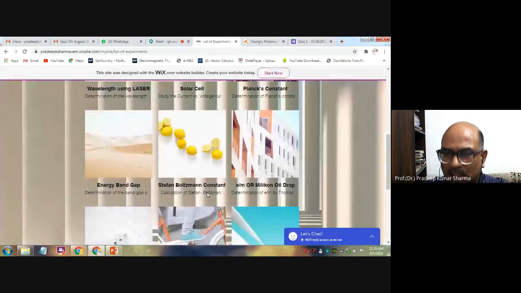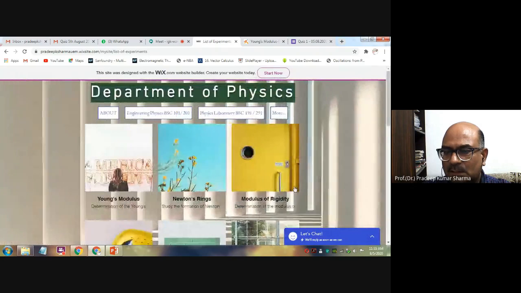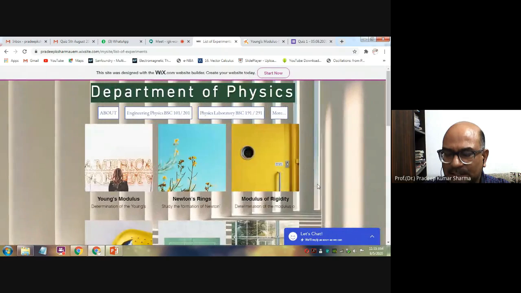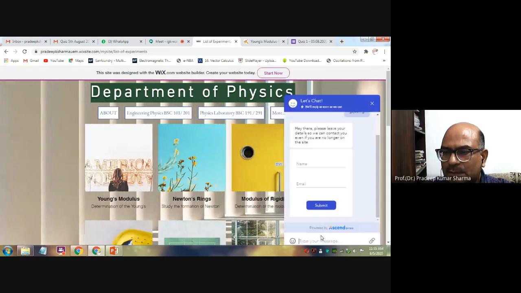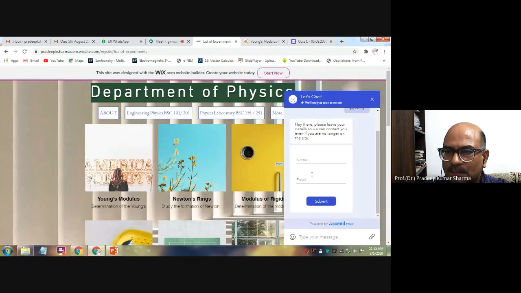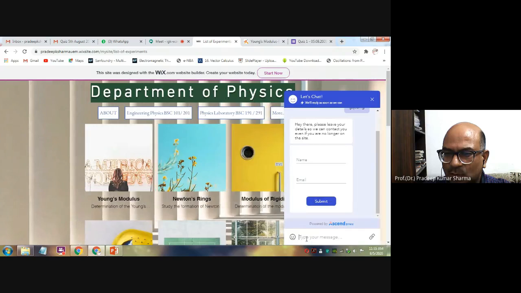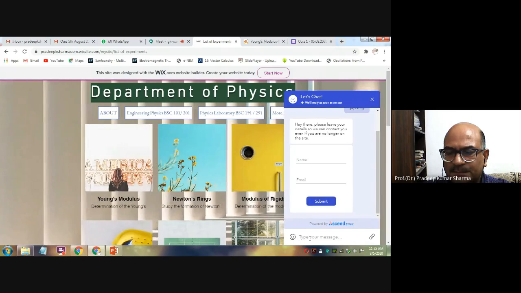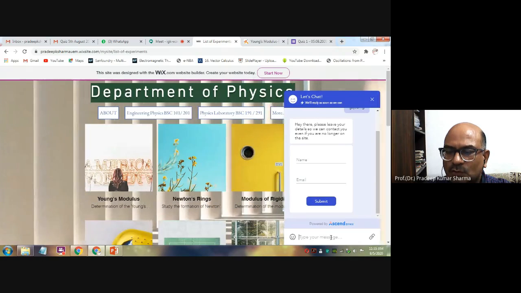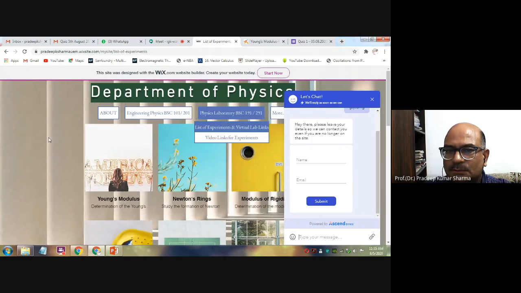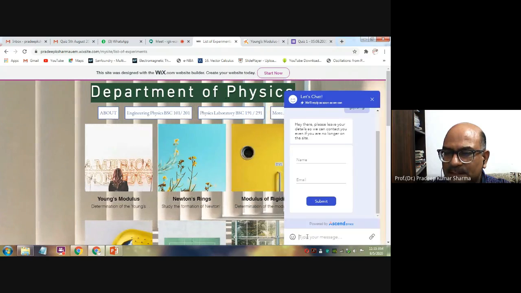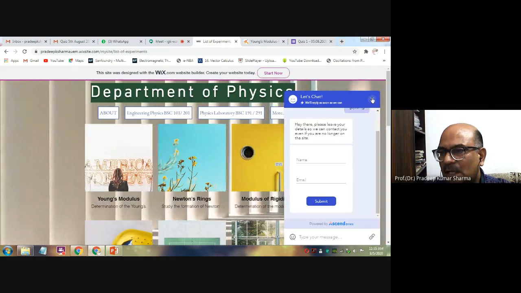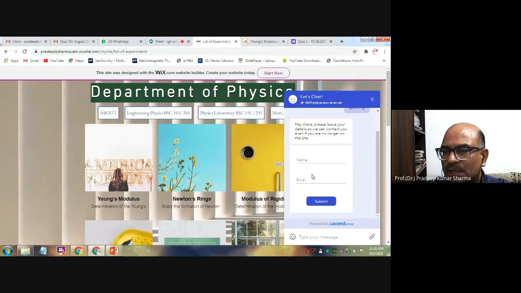This is one thing. Now you are asking about if you want to give a message, right? You click on this, let's chat. You give your name and email ID and submit, or write your message here. Whatsoever you want to write, it will come to my email ID directly. My email ID is attached to this website. So whenever you write something here in chat, I will receive it. There is no issue. You have to give your name and email ID afterwards.